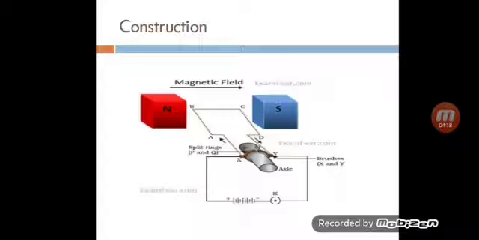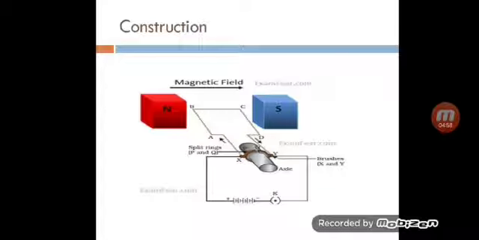After half a rotation, the positions of CD and AB, that is both of the arms, will be interchanged. That is, now CD comes in the place of AB and AB comes into the place of CD. Now again applying Fleming's left hand rule, we can see that the direction of the current in CD is along D to C, and the direction of the magnetic field is from north to south, that is towards the right. Similarly, on applying Fleming's left hand rule, the direction of the force exerted on the arm AB will be inverse.